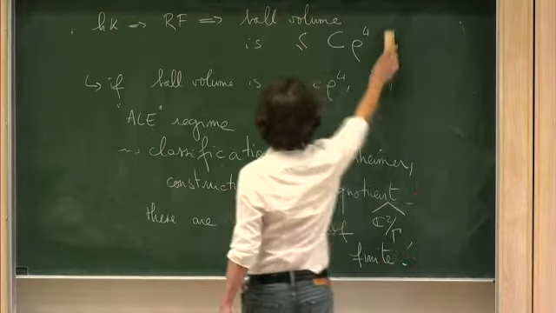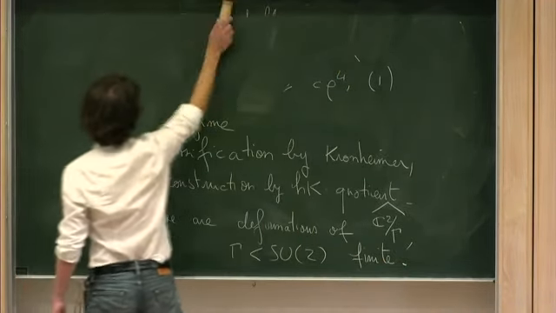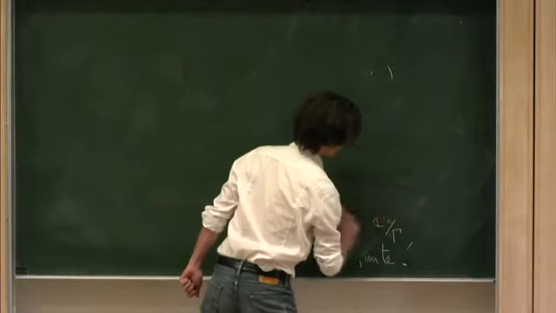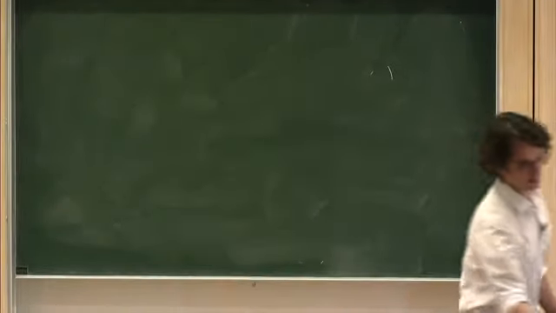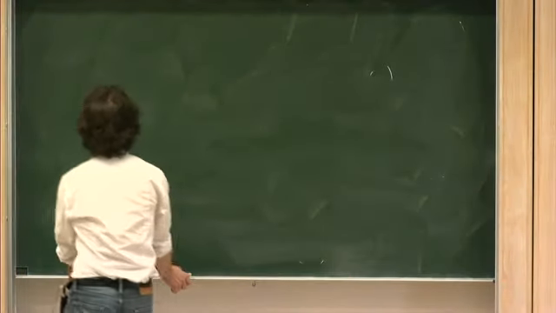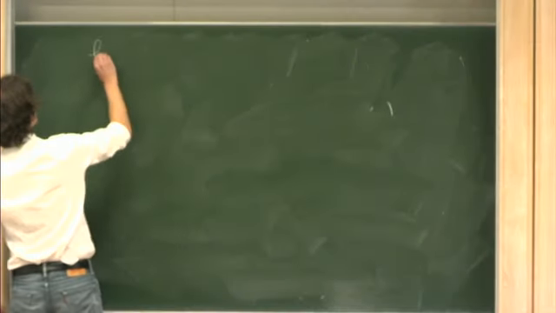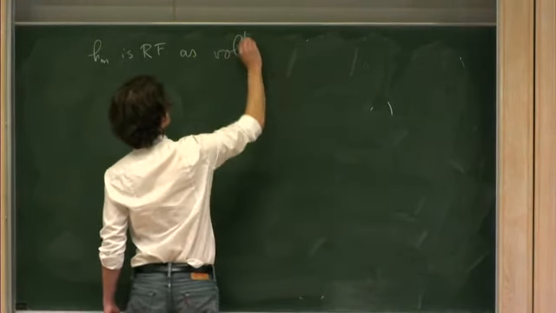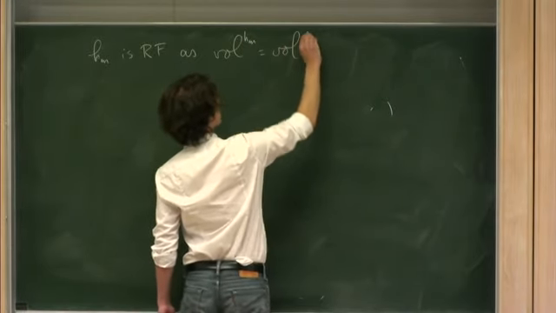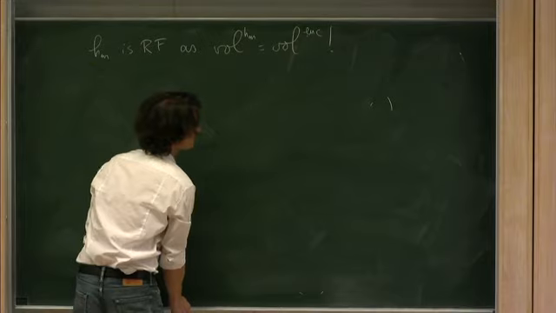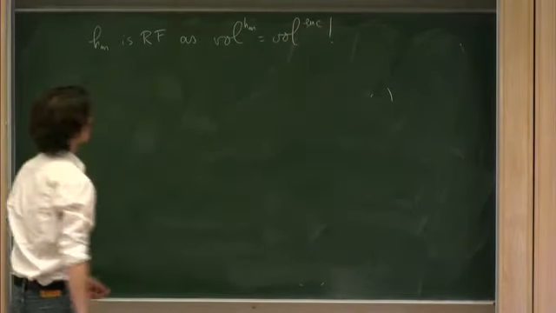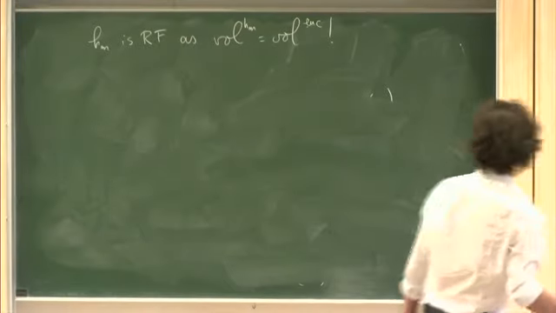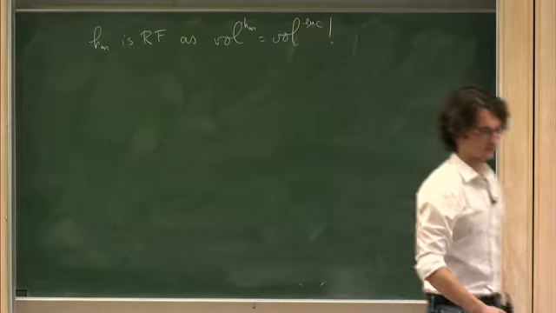And an easy way of checking that h_m is indeed hyperkähler is to see it is Ricci flat. As C2 is simply connected, this is equivalent. And h_m is indeed Ricci flat as its volume form is nothing but the Euclidean volume form. So which I think gives a particularly nice description of the Taub-NUT metric.